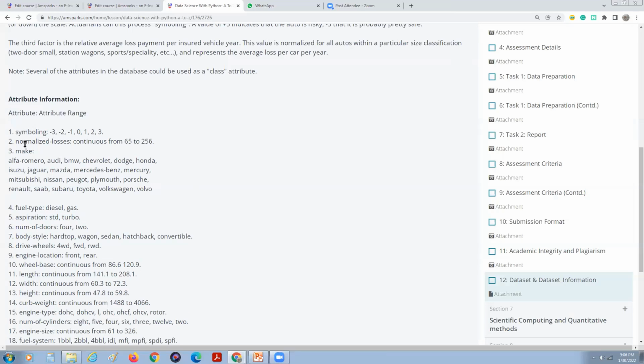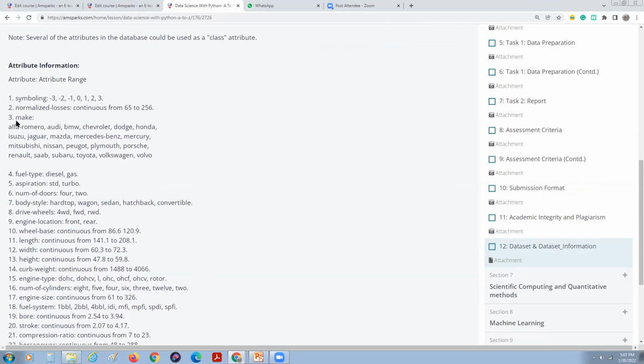Here you will be able to understand if your data is abnormal or taking some impossible values. You can see normalized losses is a continuous variable which should run from 65 to 256. Anything outside this range can be treated as an abnormal value. If there is a value lesser than 65, we should replace it by the minimum acceptable value, which is 65. If there is something greater than 256, we replace that entry by 256. Or maybe there can be some other suggestions,